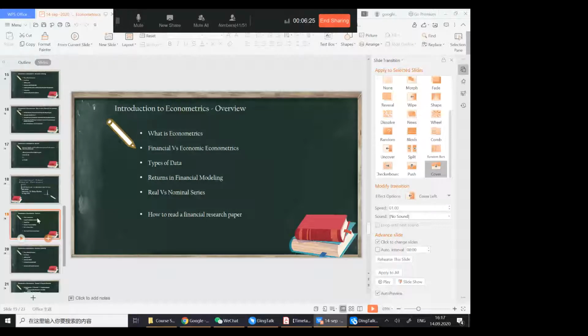And that's the main point: the economic econometricians don't like the financial econometricians, because they say, okay, you guys are playing too much with the data and forgetting the theory. But I will definitely support financial econometrics because they have an edge over economic econometrics.